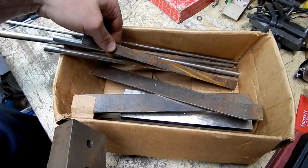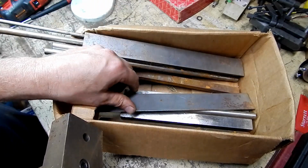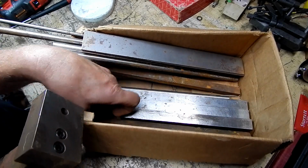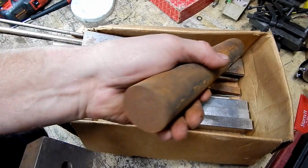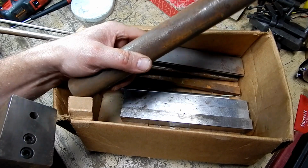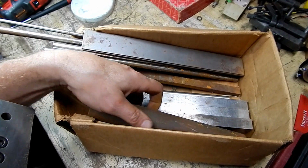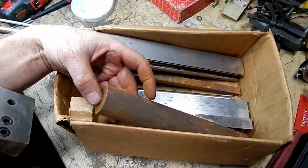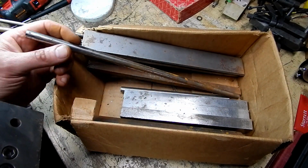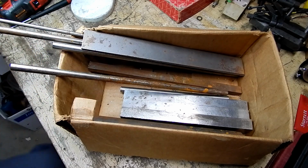Round stock, bar stock, some flat steel, again more. There's a nice good chunk right there. Okay, that looks like it's probably cold rolled steel. That'll probably be easy turning for a project. I would say that's 1.5 inch diameter, whereas this stuff over here, even though it's got some rust on it, I'm not saying that that's stainless, but